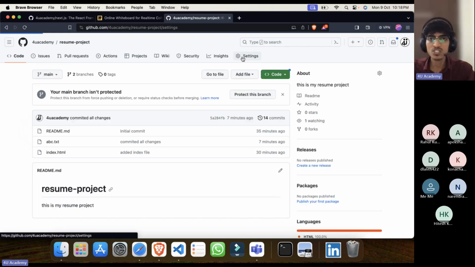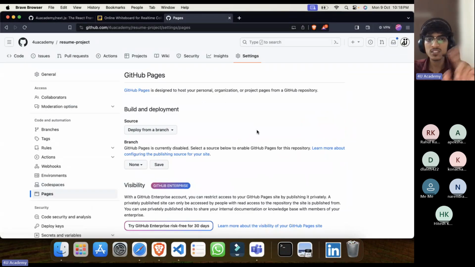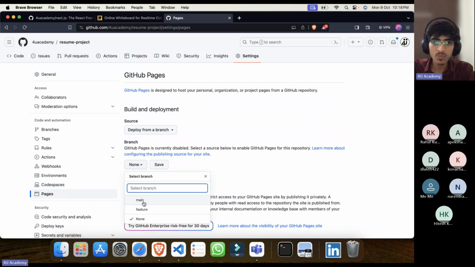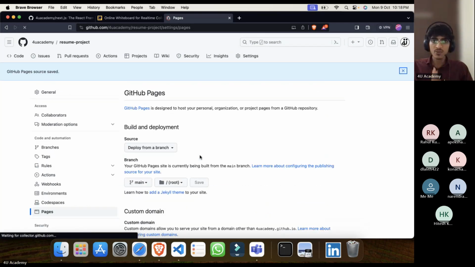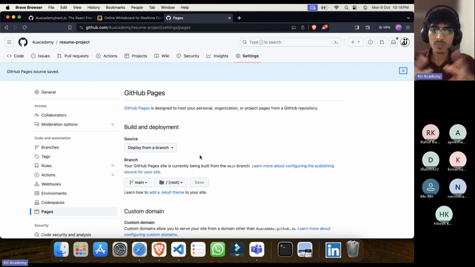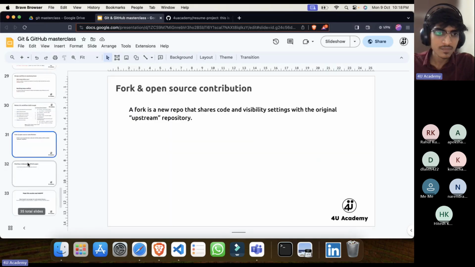Once you push the code, go to settings, then go to pages. Settings, pages. And I want to deploy from main branch, let's say. Okay, and then save. So once you click save, it will start building that project. It is deploying in the background. So it takes around 1 to 2 minutes. Okay, so that will be done, and when we refresh it in just 1 to 2 minutes, it will show us. And while it happens, let me just go to the slides if we have missed anything.